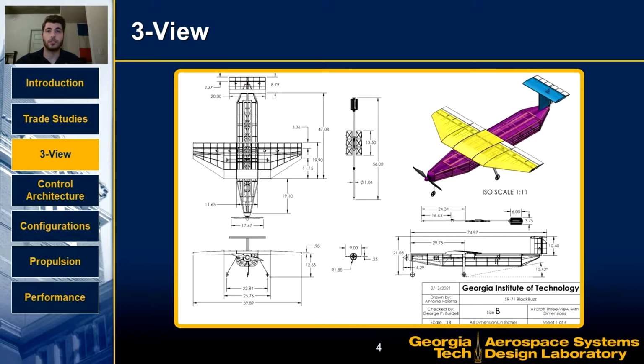Black Buzz is a conventional configuration aircraft design with a high-mounted wing to allow space for payload bay doors. A T-tail was chosen to minimize the chance of an impact to the elevators during a sensor recovery. Black Buzz's wing spans 5 feet and the reference area is 7 square feet, giving it a relatively low aspect ratio of 3.57. The root chord of 20 inches tapers down to 9 inches at the tip to achieve a